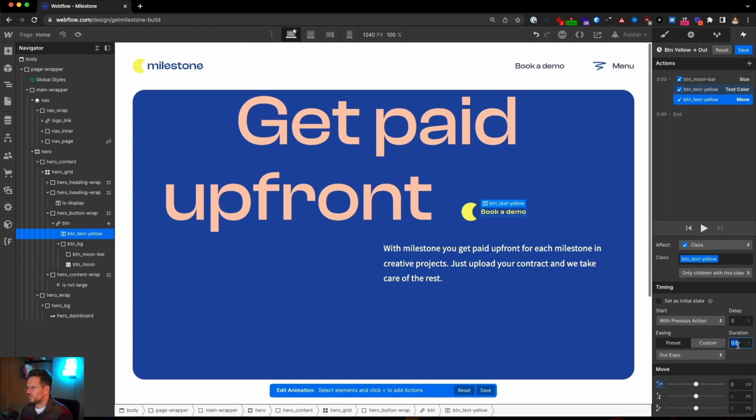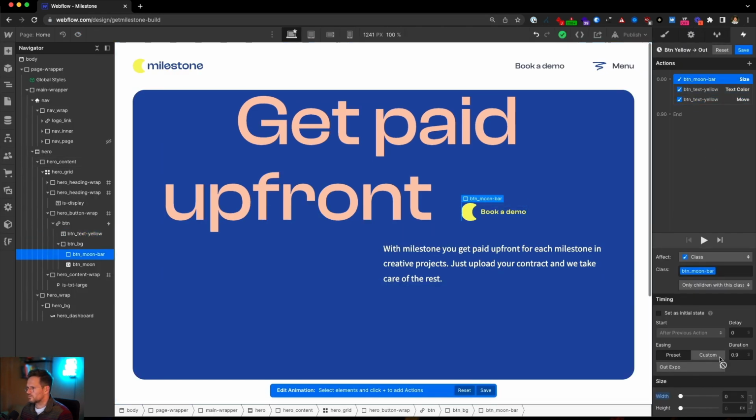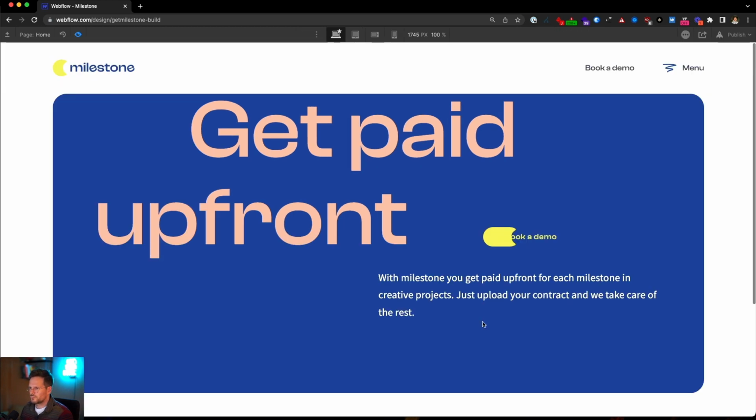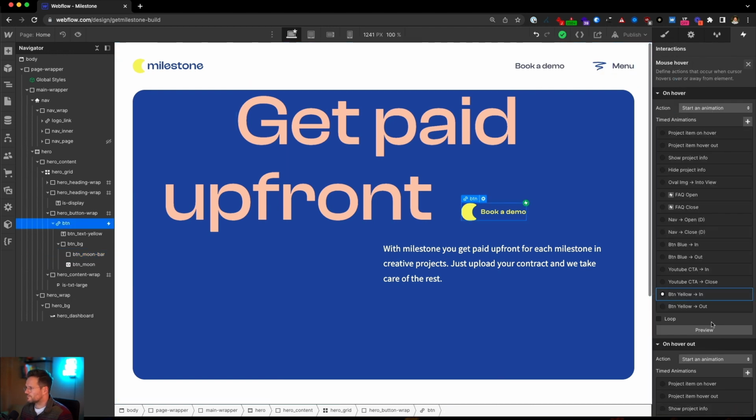The move, let's try 0.4. Let's turn down the size to 0.75. Yeah, I think this looks cool now. That's it. So that's the animation for the button.